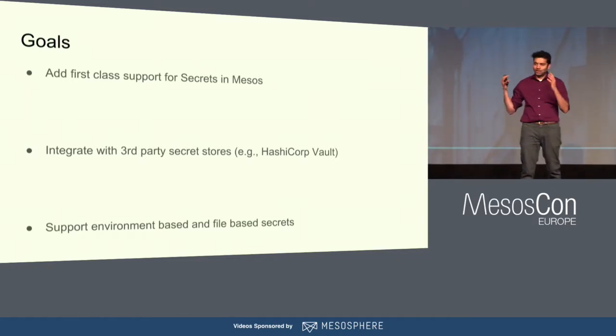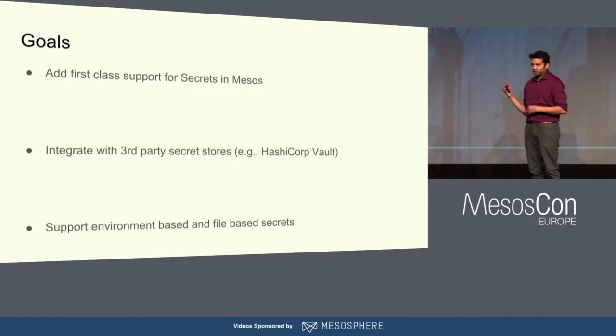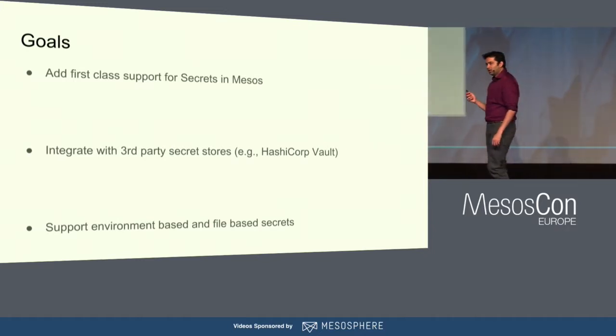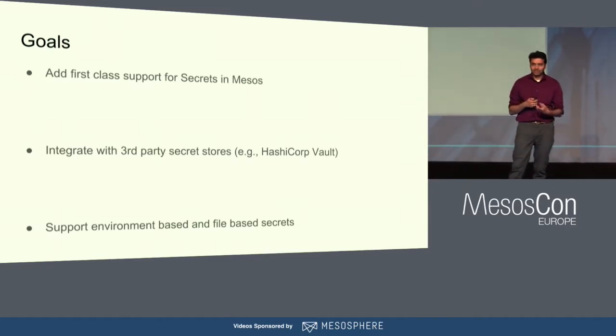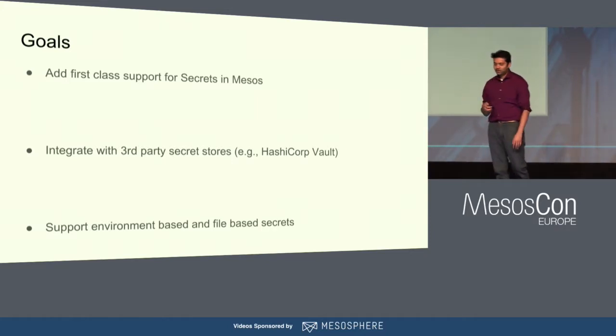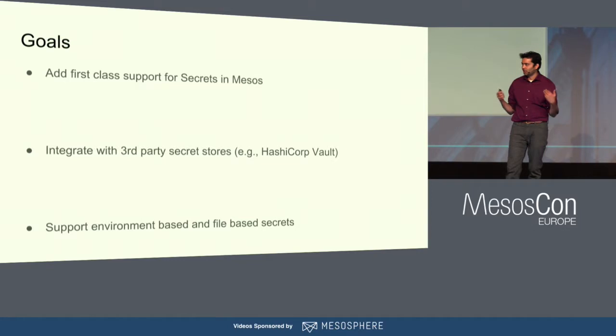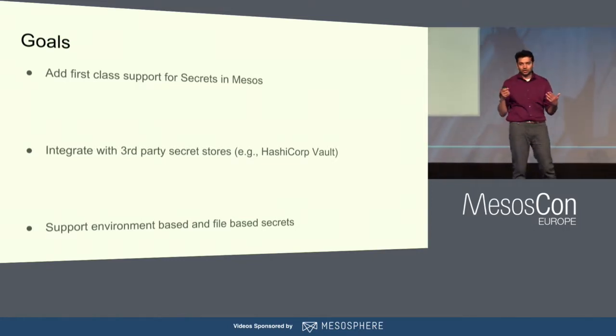There are lots of people who are very good at it and build really good secure secret stores like Vault, and lots of other open source implementations, well thought out. So we just want to be able to integrate with them for your secrets. And we wanted to support both environment-based secrets and file-based secrets. Environment-based secrets are where the secrets are exposed to your task in an environment. File-based is where it's exposed as a file in your sandbox that you can access. So we wanted to support both of those in addition to the image pull secrets that we talked about to